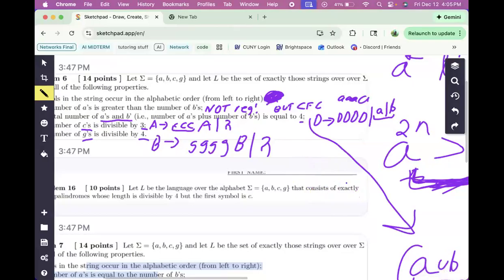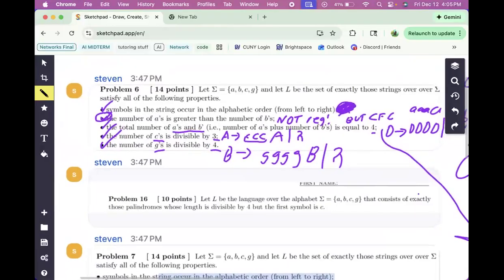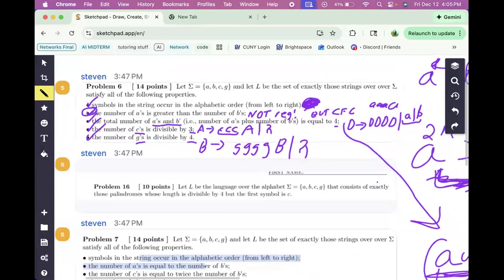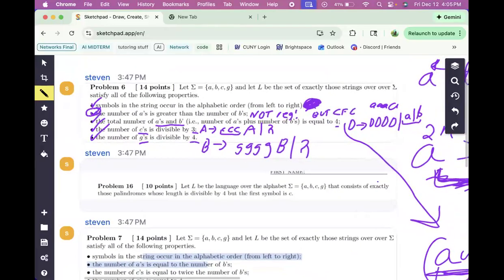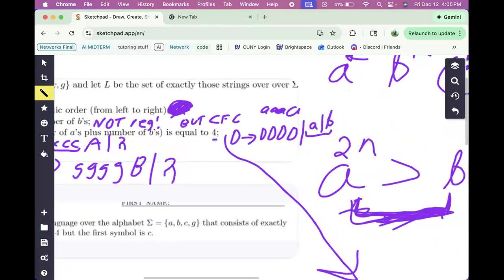Professor, how is this keeping the second property, where the number of A's is larger than the number of B's, for function D? Because couldn't it just be more B's than A's? That's a good point. I was just giving an example with this, for this property here. But if we wanted to make sure that the number of A's is greater than the number of B's, then in that case, I would probably